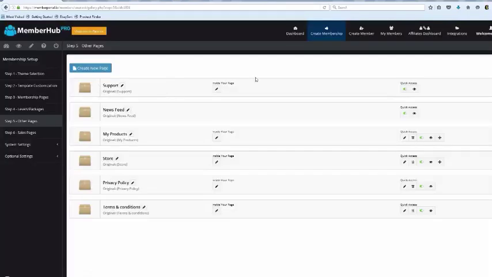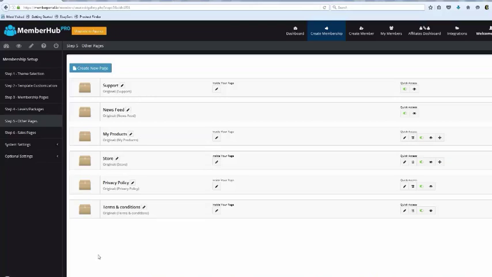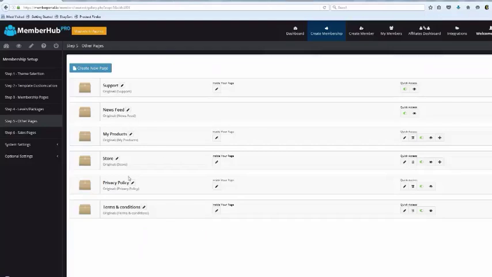Now, if you come over here to the one that says support, and I click this, we have the support template for you. All you do is fill in your details, put your connection fields here, your description, your image, okay? And all that's going to happen automatically for you. And if I come over here on the front end, you can see we have a support tab. Okay? That's how that works. So we're trying to do as much as we possibly can for you. Step 5 is pretty self-explanatory.